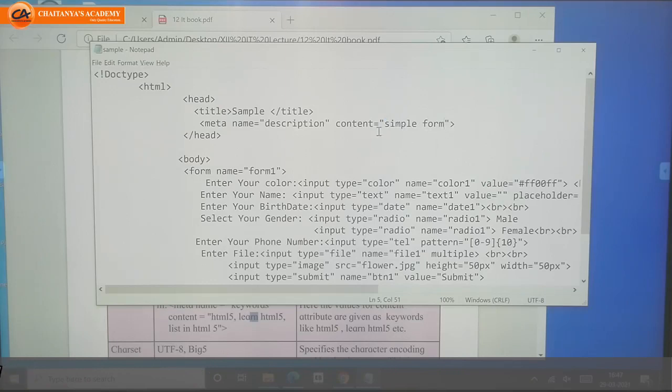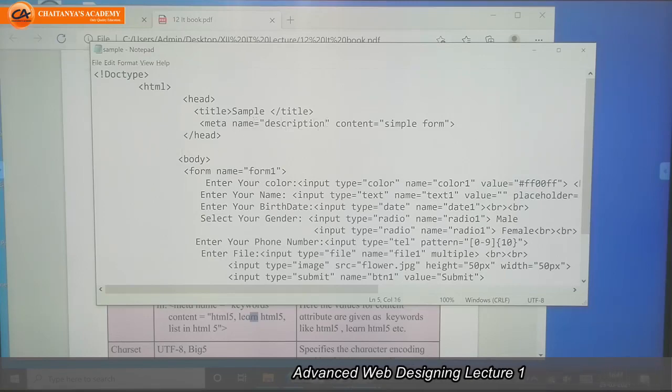In content you can write whatever description you want to give.